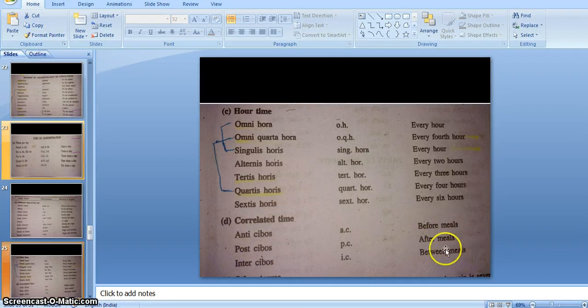Post cibos means after meal, means most of the time antibiotics are recommended to be taken after meal, right? Then inter cibos, that is between meals, means during the meal, that time that particular tablet should be taken, that is inter cibos, right? Then our next slide is